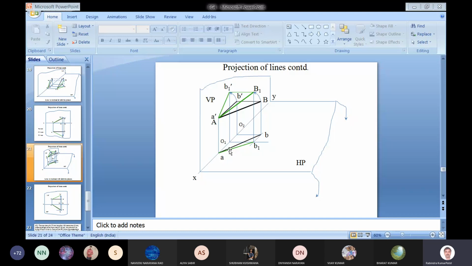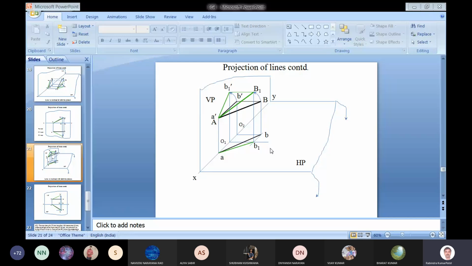and when we project this, we can draw these projection lines and draw a horizontal line here. We can get the actual point B1. So we will have a B1 projection onto the horizontal plane, meaning a projection of a line which is inclined with both the planes. Its projection on the horizontal plane is AB1, and on the vertical plane is A dash B1 dash. So these are the projections which are required.